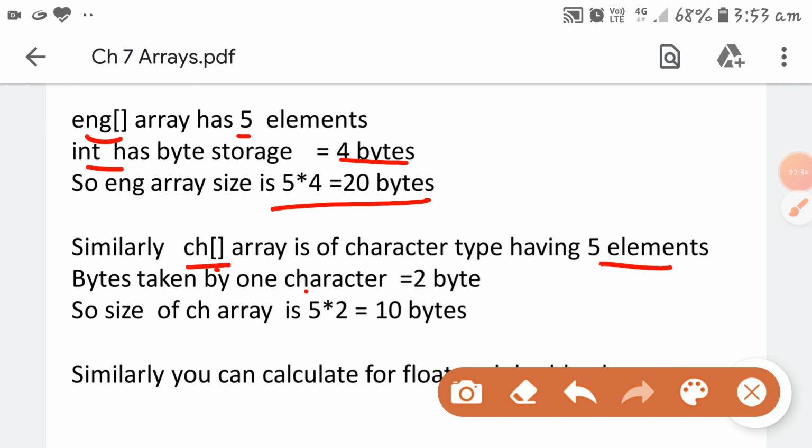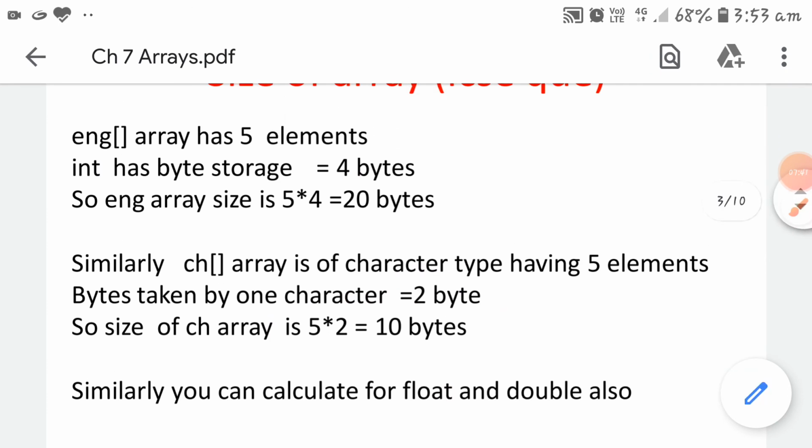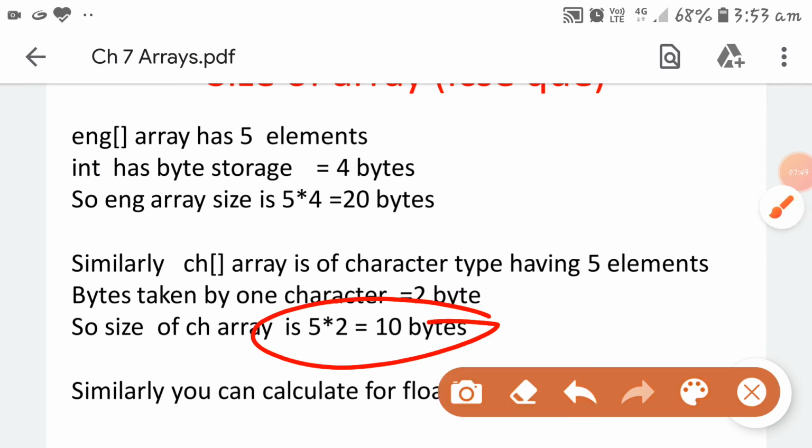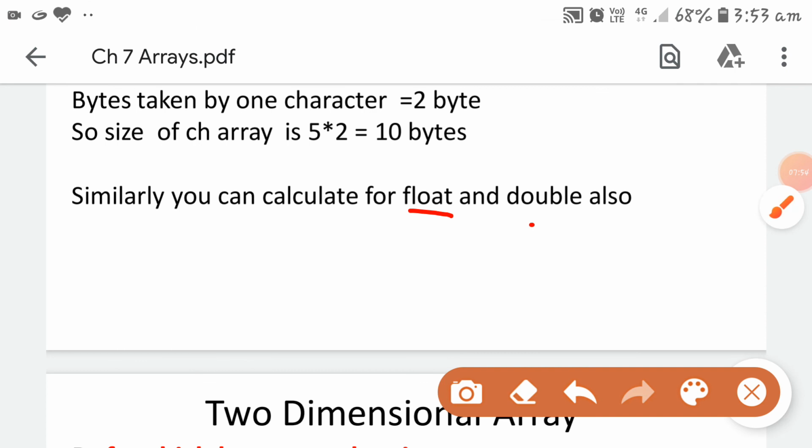One character has 2 bytes, so 5 multiplied by 2 is 10 bytes. A character array of 5 elements will use 10 bytes, and an integer array of 5 elements will use 20 bytes. Similarly, you can calculate for float and double also.